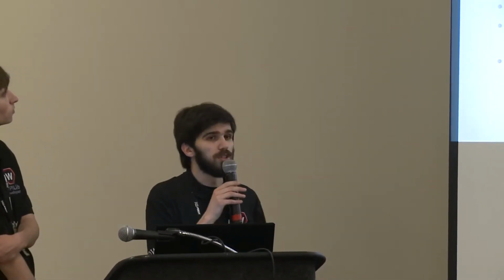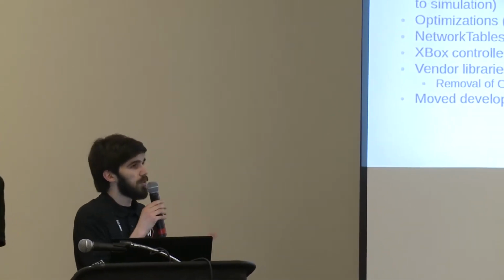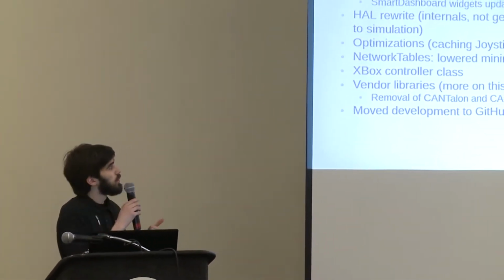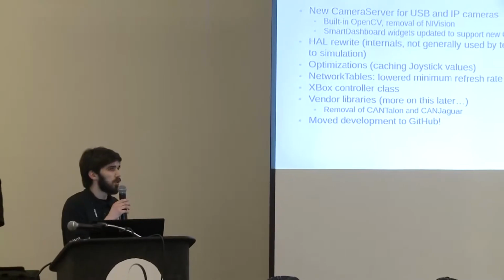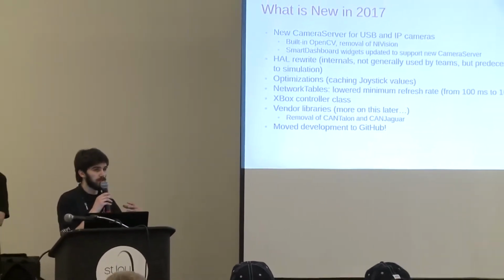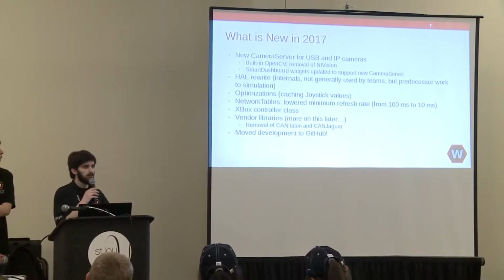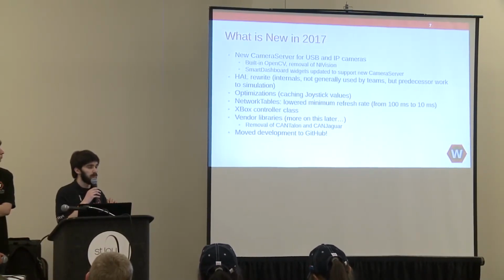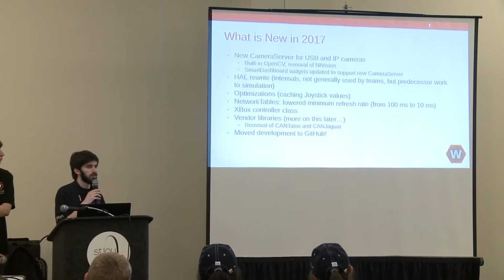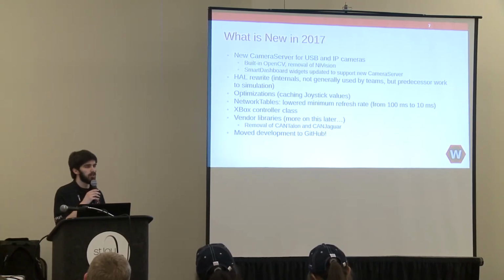So what's new in 2017? A lot of you guys are probably looking forward to this one. There's new camera server stuff. That's CS Core. It has built-in OpenCV functionality. Like I said before, you can extract data straight from OpenCV images and then put data from a webcam or IP camera or whatever straight into an OpenCV image